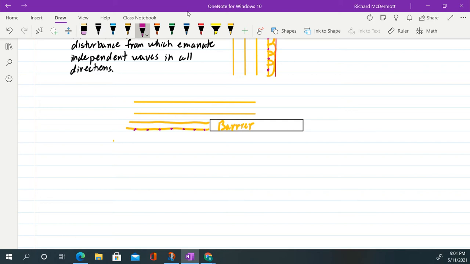So we can draw fresh wavefronts emanating from each one of these mini disturbances, and we can see what the new wavefront will look like. If we draw tangent lines in front of these,